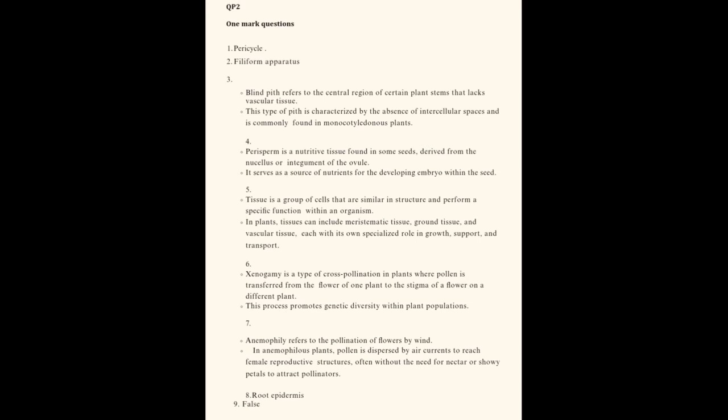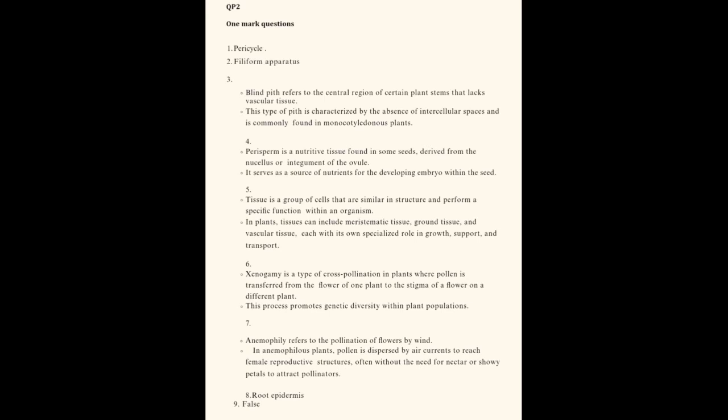4. Perisperm is a nutritive tissue found in some seeds, derived from the nucellus or integument of the ovule. It serves as a source of nutrients for the developing embryo within the seed. 5. Tissue is a group of cells that are similar in structure and perform a specific function within an organism. In plants, tissues can include meristematic tissue, ground tissue, and vascular tissue, each with its own specialized role in growth,